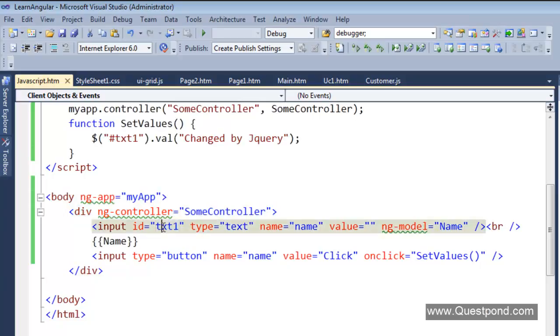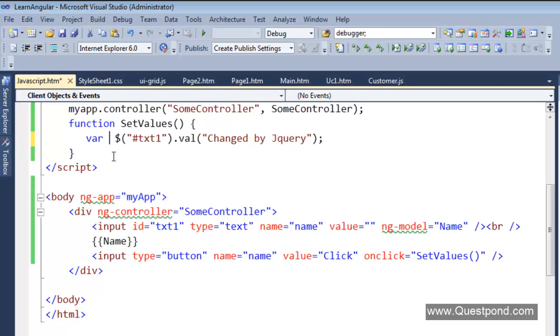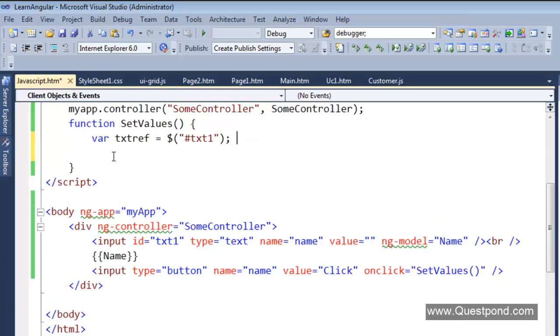So in order to get access to the scope object associated with this text box, the first thing is let us go and get the text box reference. So the first step is get the text box reference. Okay. Second,